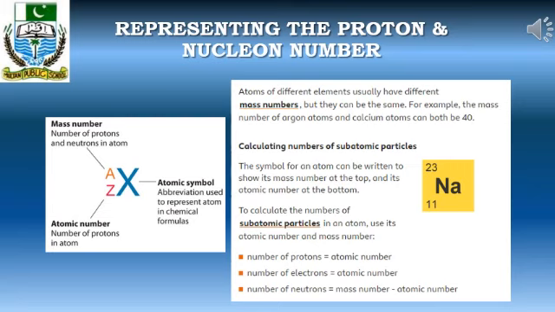If we take the example, a sodium atom has 12 neutrons and 11 protons. So sodium can be represented by the symbol, as you can see, the symbol of sodium, Na, with 23 as its nucleon number and 11 as its proton number. Sometimes it is represented using only the nucleon number. So it can be written simply as sodium 23.